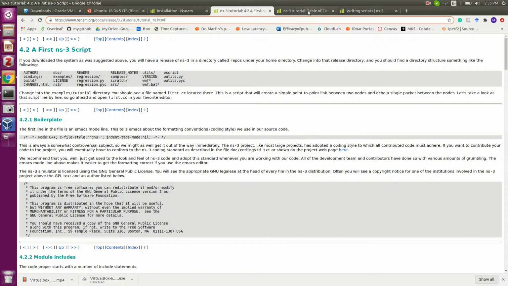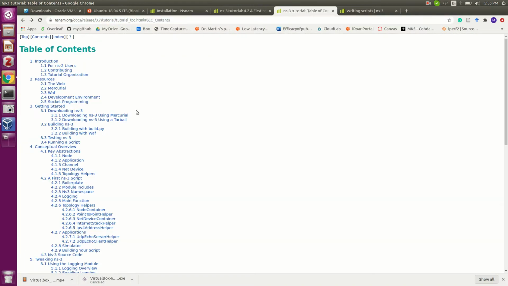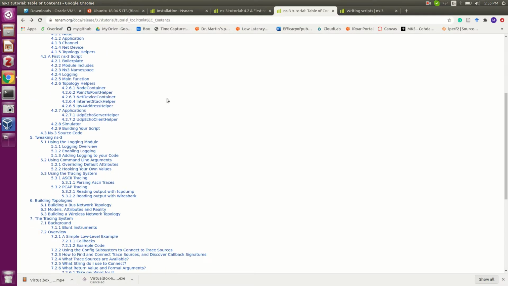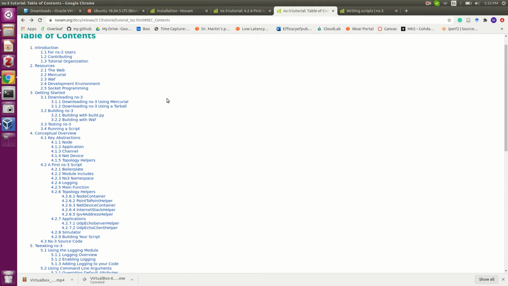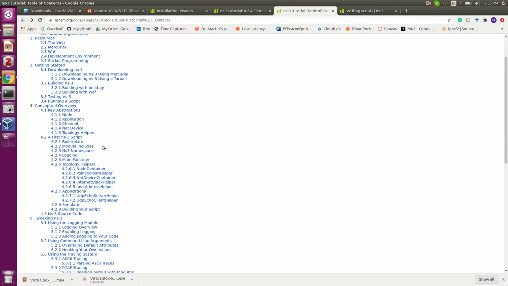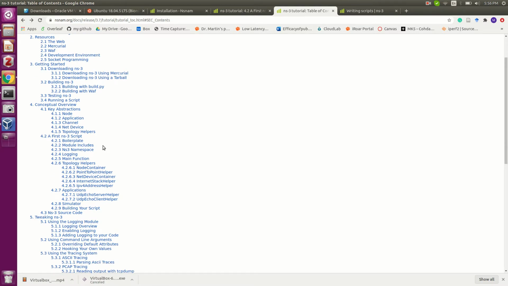One other place I want to point you to is this other place in the NS3 documentation, which is a very helpful manual of everything that NS3 does and the general information about its capabilities. Personally, reading chapter 3 and chapter 4 in here has really helped my understanding of NS3 from when I first started. I think that's all about NS3 that I wanted to share in this video.